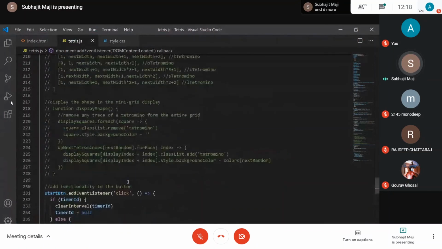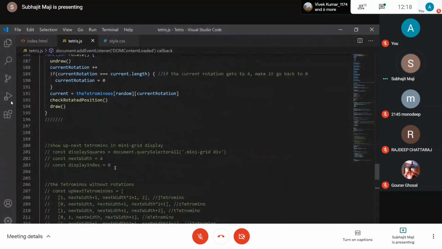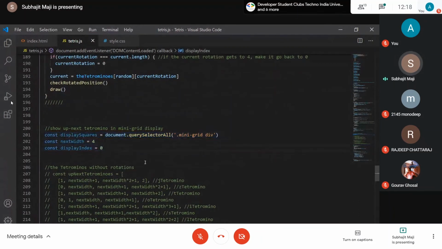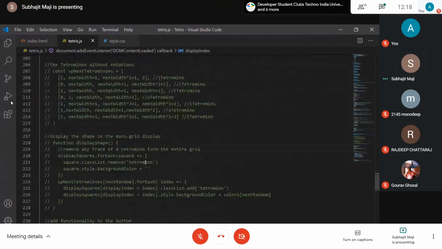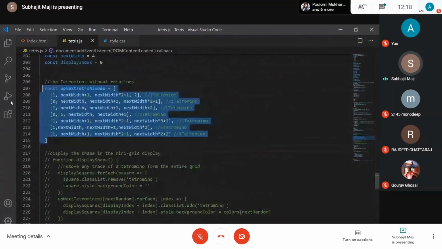Okay, first of all, let's do the mini grid thing. Yeah, so the mini grid is a similar thing, but with some exceptions. Like we are displaying the shape in the mini grid, but we are not rotating the shape. We are not moving the shape. We are simply just displaying it. We are drawing it and we are undrawing it. Okay, so